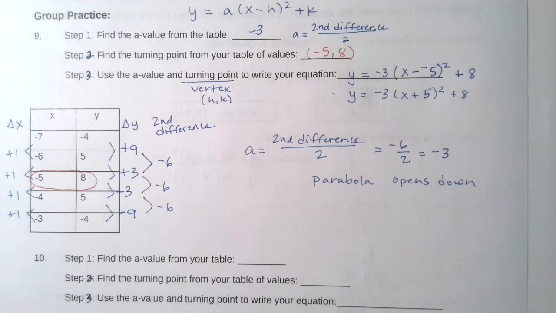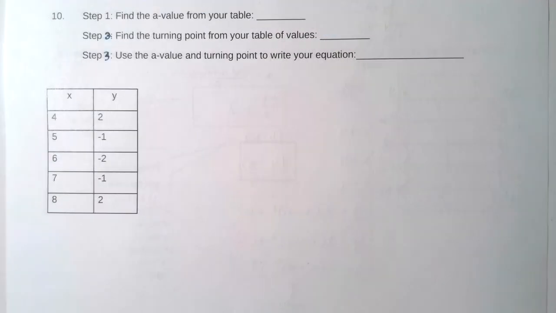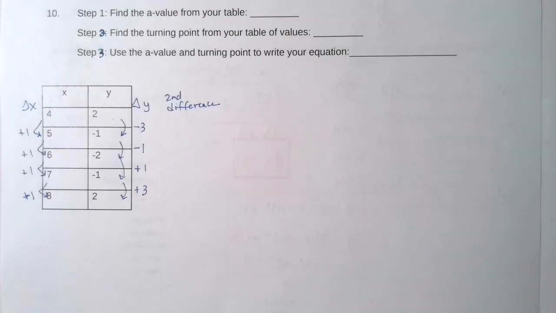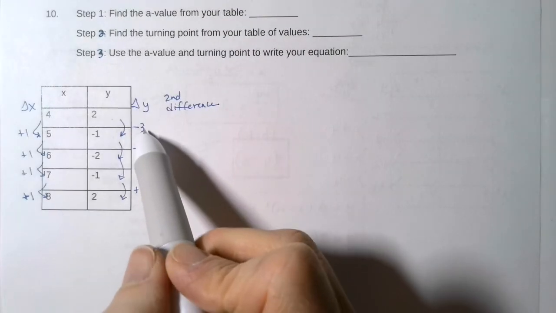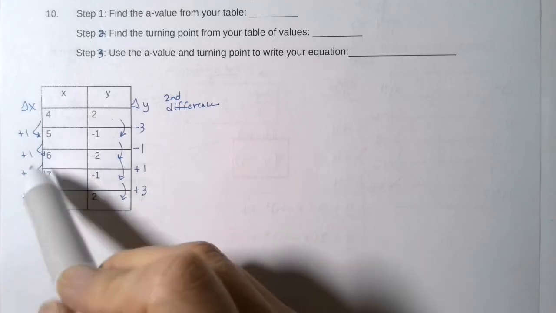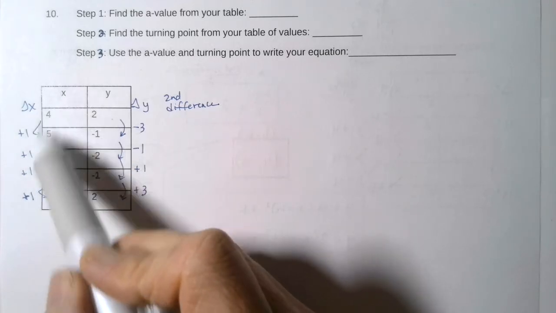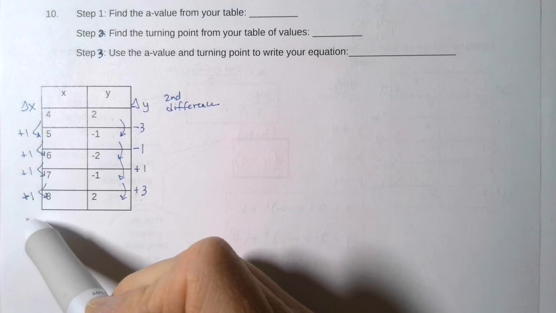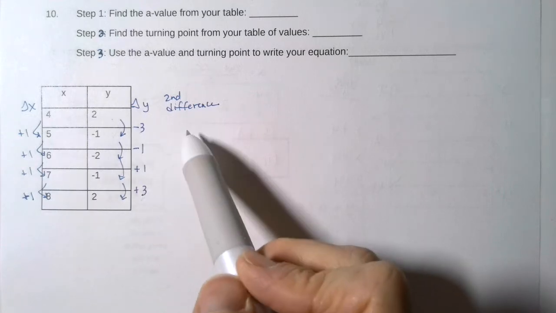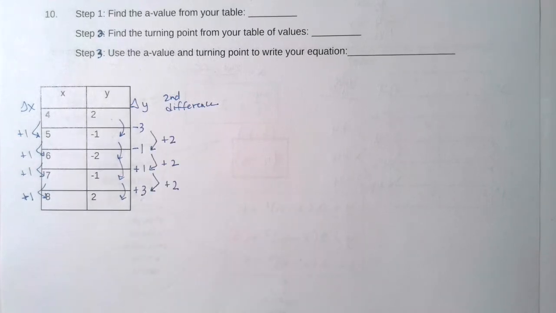And now we're going to look at the next question. Step 1, what is the a value from your table? Start that by finding your change in y and change in x and second difference. We see clearly here that our change in y is not constant, even though our change in x is, and we're always looking for this to be +1 for these scenarios. And so we need to look at the second difference. And we can see here that our second difference is increasing by 2,